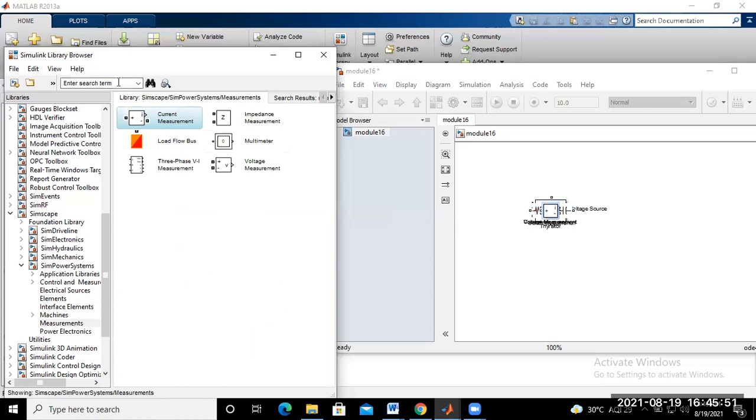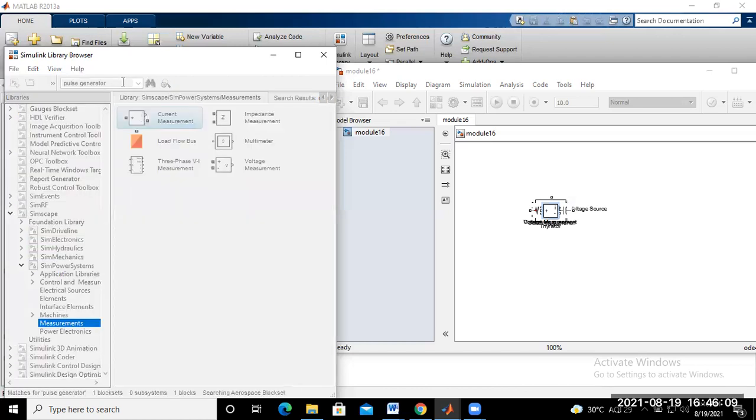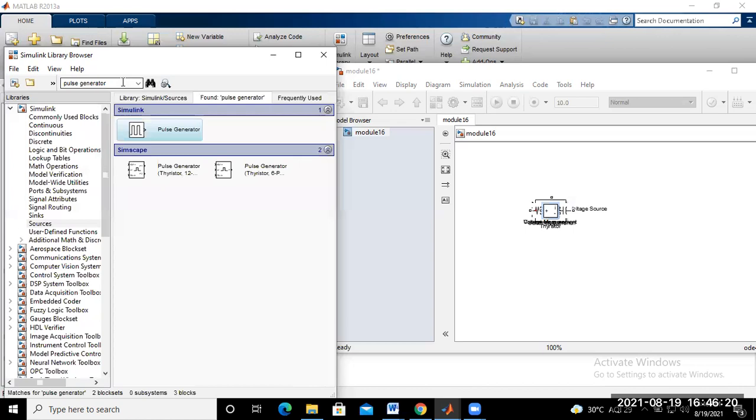Now one more block we require, the gate pulse supply to the thyristor, that means the pulse generator. So we use the pulse generator. We cannot find the pulse generator in the power electronics part.